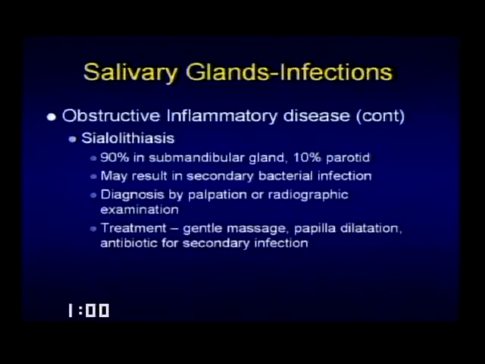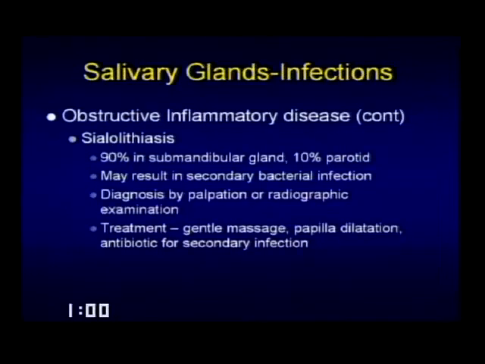There are also stones, sialolithiasis, 90% of which occurs in the submandibular gland and very rarely in the parotid, due to the size of the duct, most likely. It may result in a secondary bacterial infection, diagnosed by palpation or radiographic examination of the duct. You can actually feel the stone lodged in the duct, or you can see it on an X-ray. The treatment, again, is gentle massage. Sometimes you can dilate the papilla to help extrude the stone,